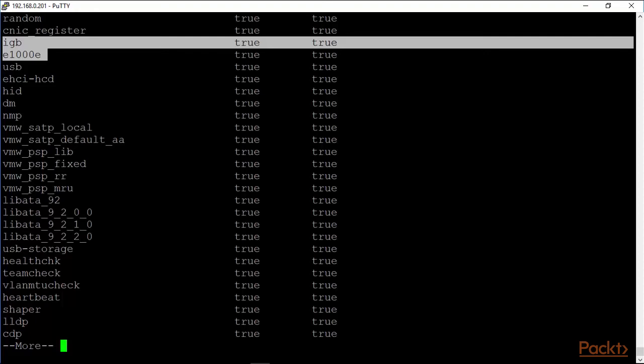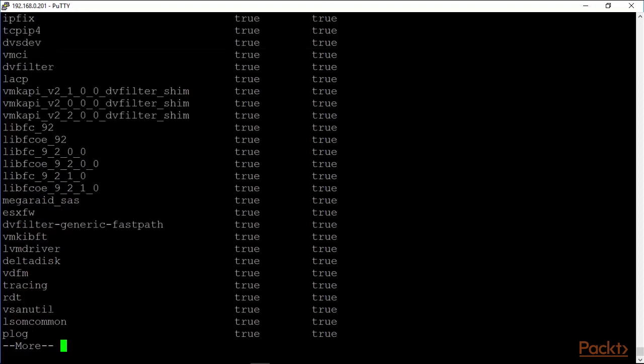This is part of the storage architecture that's in place. So we'll deal with that later, the PSA. Keep going: Shaper, LLDP, CDP drivers, of course. MegaRAID SAS, because I'm actually using a card from MegaRAID, and you can see some FCoE drivers, some FC drivers. Here's the LACP drivers. VMCI is for inter-VM communications. It's not really used, but when I reviewed it again, the VMCI